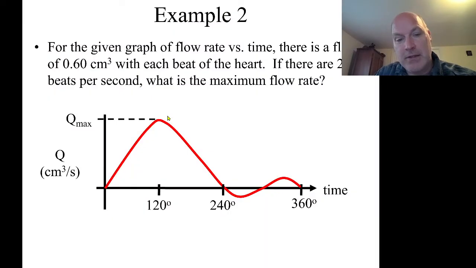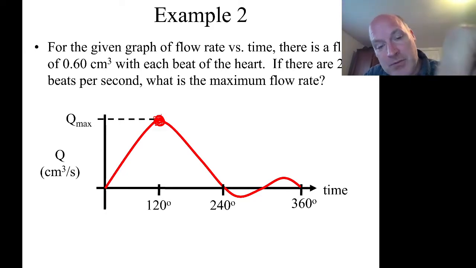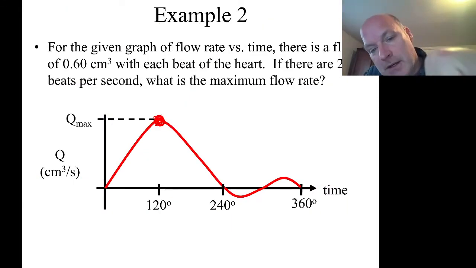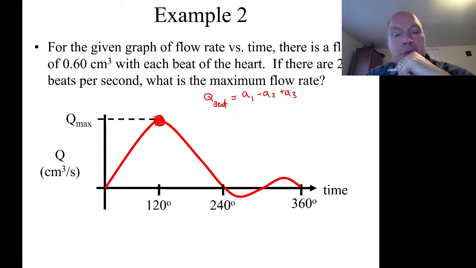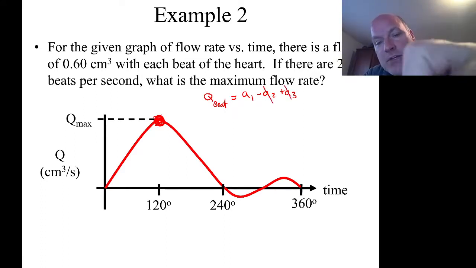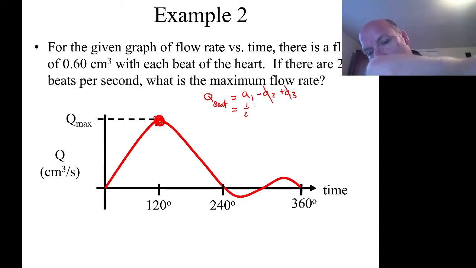Like I pointed out, they're going to turn things around on us. The problem's sort of going backwards. What we're going to realize is we say Q per beat is equal to area 1 minus area 2 plus area 3, right? But then we're going to cancel these two because they're equal and opposite. So it's going to just be area 1, which is equal to 1/2 Q peak,